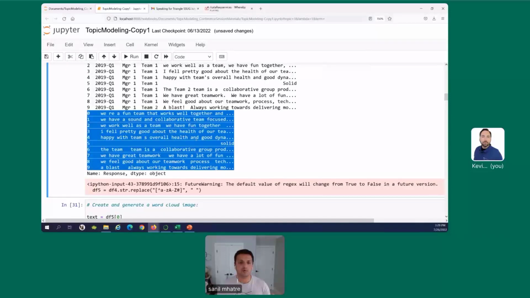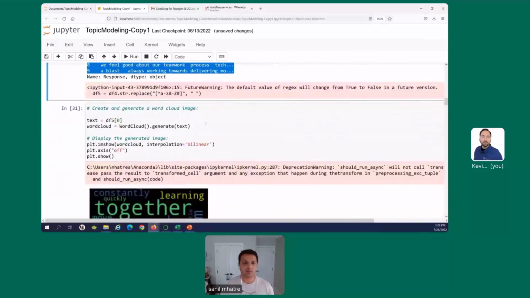Now, this data frame only has one column, the response text. You'll also notice that the numbers are gone, the exclamation points are gone, some of the punctuation like commas, periods, all of those things are now gone. And we only have the alphabets. That's what we care about.